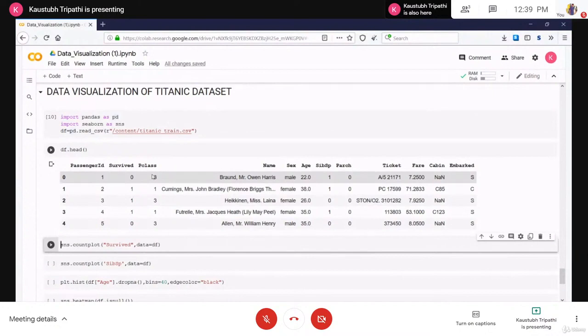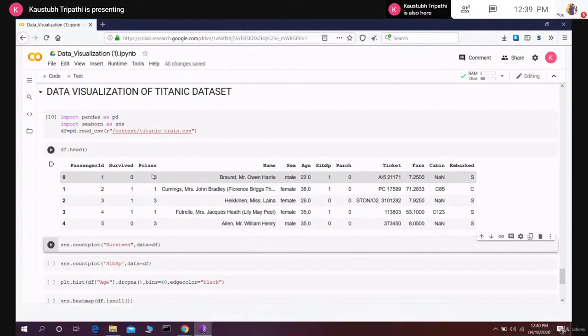Now let me first tell you what the Titanic data set is. If you remember the Titanic movie, lots of people were there, they hit the iceberg, their ship broke down from the middle, and lots of people died in that ship. Some of them survived. If you have seen the movie, the women and children were saved first, and then all those rich people were saved first. That is what this data set is about. I don't think this is a real data set, maybe it is, I don't know for sure, but this data set is somewhat based on that. So you see here, these are the classes of the person, these are the sex, male, female,